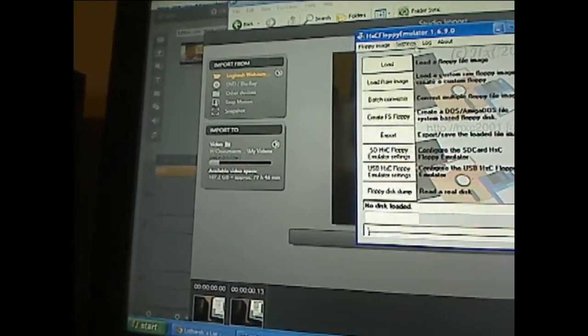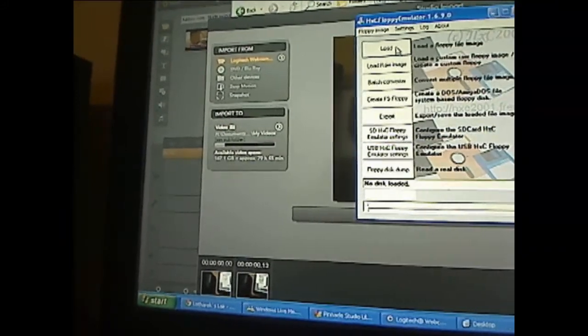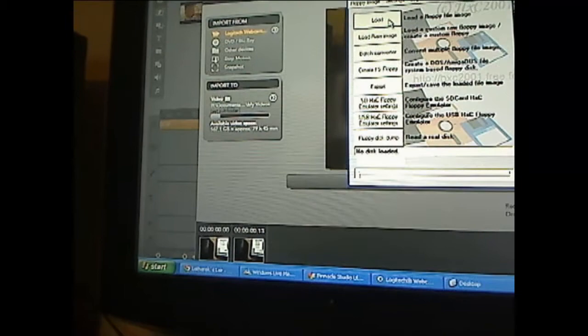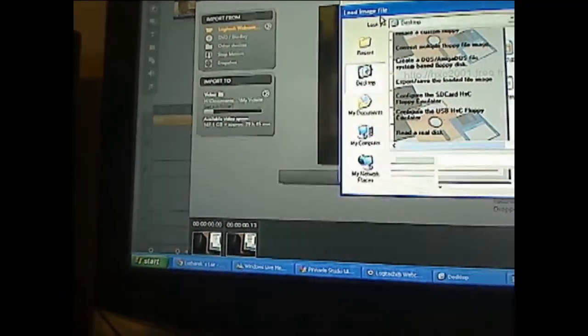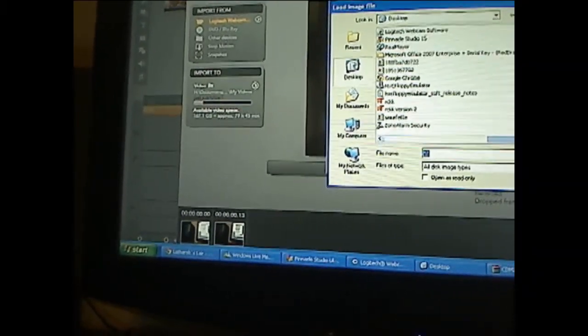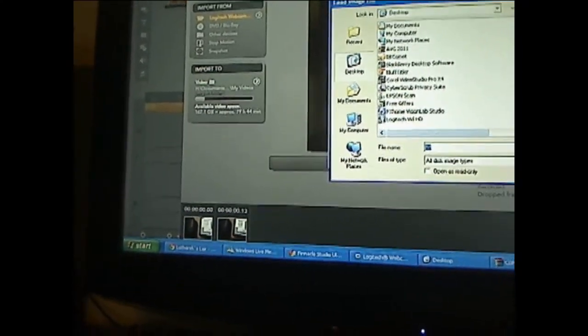Right, this is what you come up with. This is what you get: the HXC floppy emulator. Now, you can choose any file that you want to load up. Once you've selected it, it will say in the bottom what's selected, and then your settings, to basically